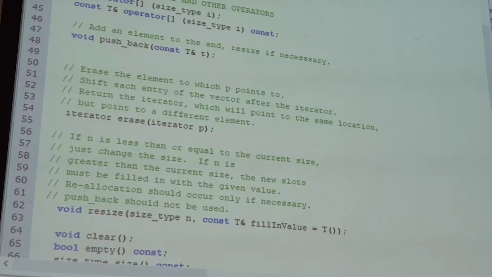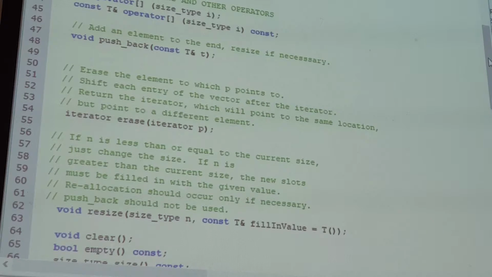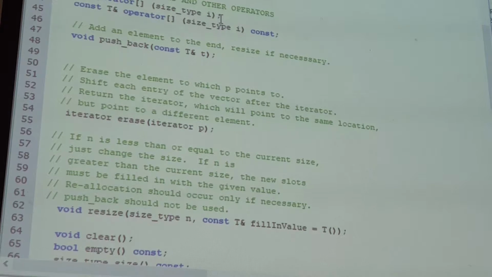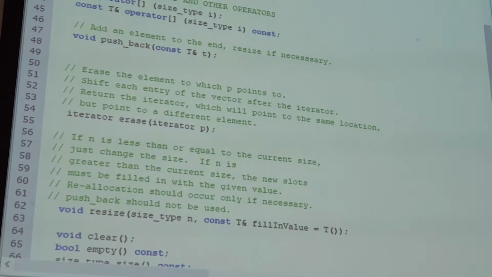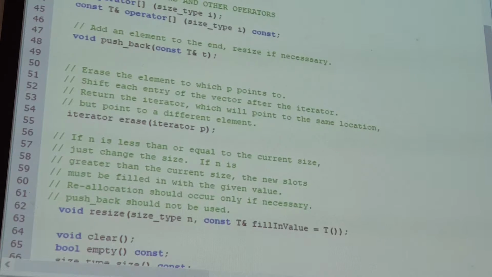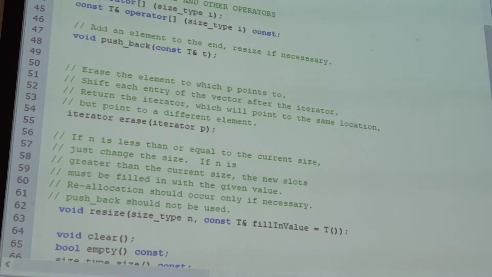I wanted just a simple way of dealing with this type, which for some people is quite complex, as it is. So you can assert that i is less than size, and then you put a code, assert i less than m size, and perform the operation. So implementations for these, then you have the pushback method, which requires some